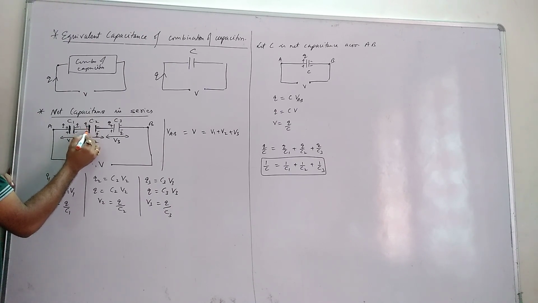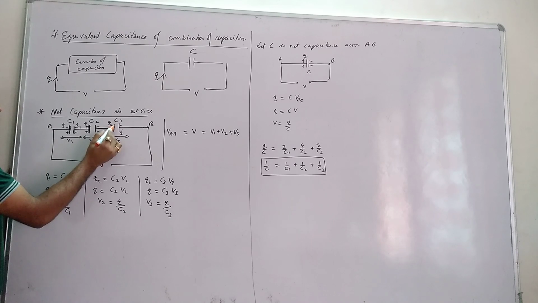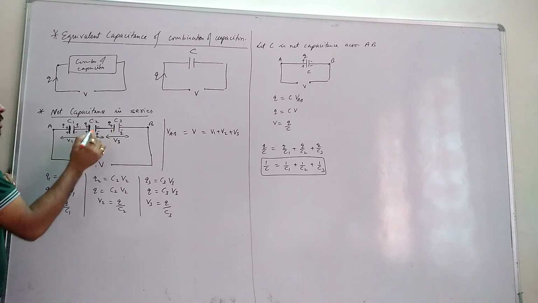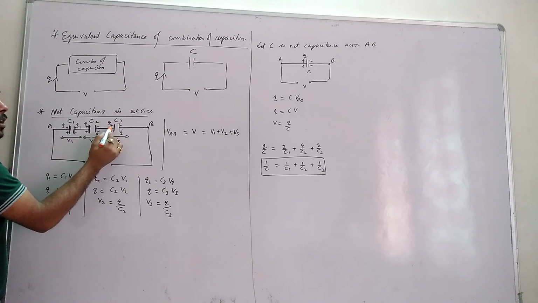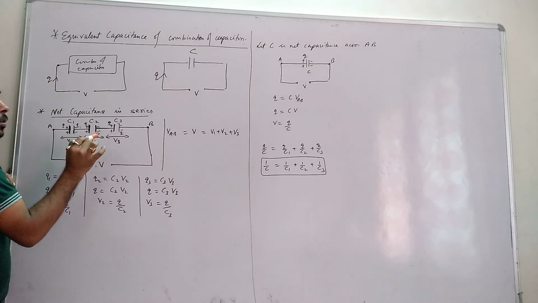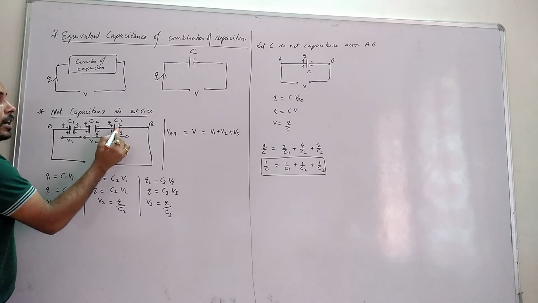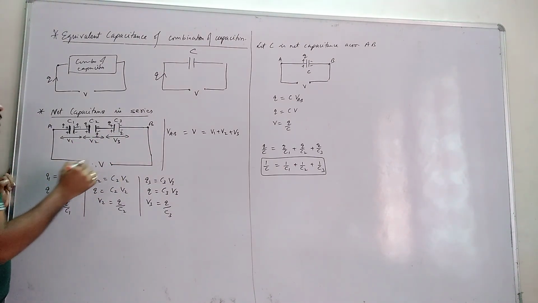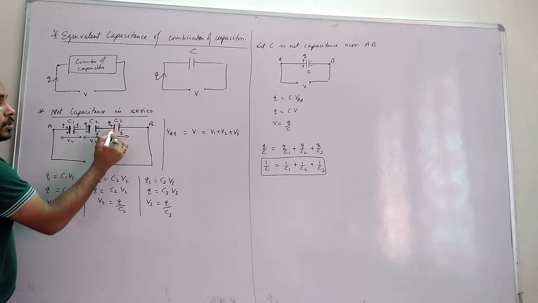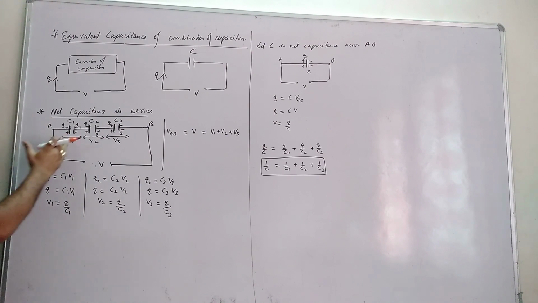That means this plate will now have plus Q. Again, this plus charge will attract electrons from the next plate, so this plate will have negative electrons. These electrons come from the plates of capacitor C3, which will now have plus Q. Similarly, plus Q will attract electrons from the source. So the second plate of C3 will have minus Q. What we understand is that all the capacitors have the same charge in a series circuit.